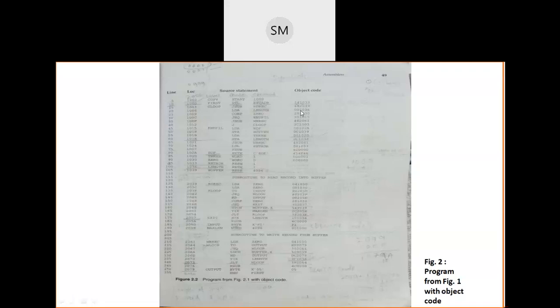Clear? So it is always safe if x is 0, but when suddenly x becomes 1, then it is a problem. For example, here STCH in line number 160, STCH opcode you will write as 54, but the buffer address you should search here. Buffer address is 1039.